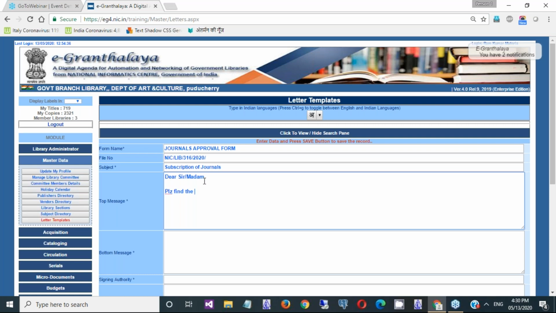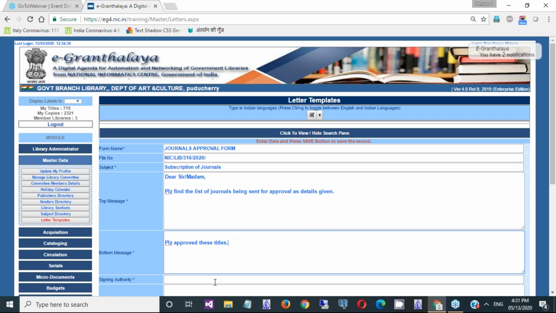Please find the list of journals being sent for approval as detailed given. You can write in Hindi or some local language if you wish. Then bottom message, please approve these titles.